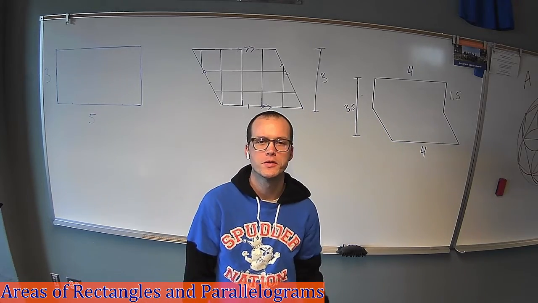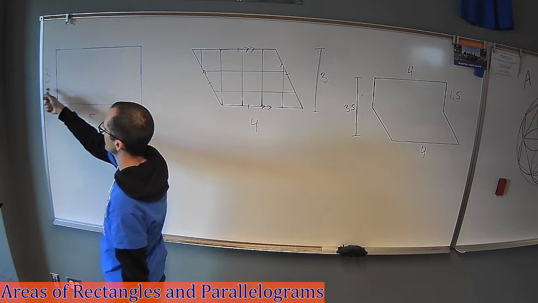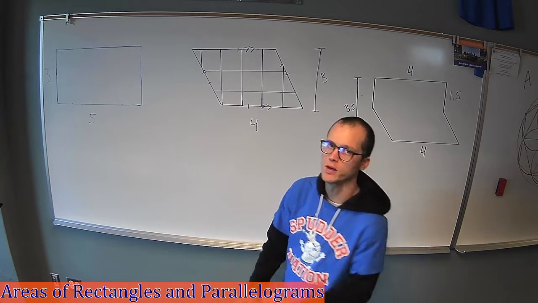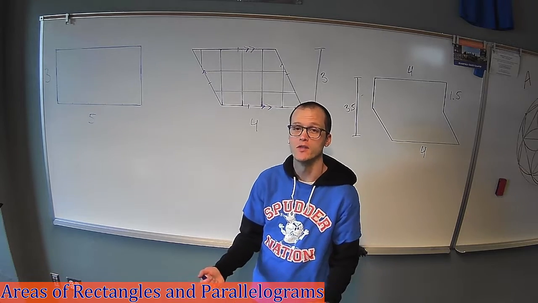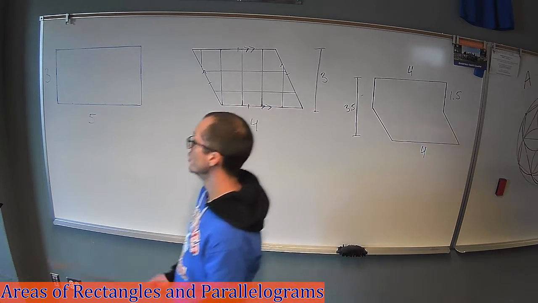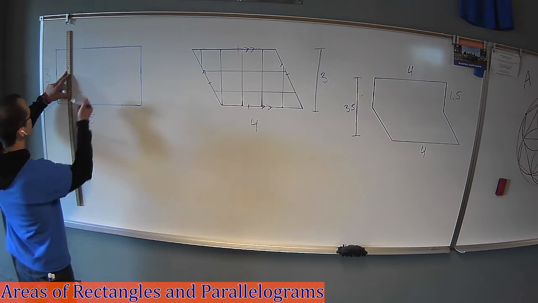Areas of rectangles and parallelograms. Let's dive right in. I got this rectangle. It is a 3 by 5 rectangle, and if we want to find the area of this, we need to recall that area is the measurement of the space inside of a polygon. It's a two-dimensional measurement. So if this length down here is 5 units, what's really going on here is I